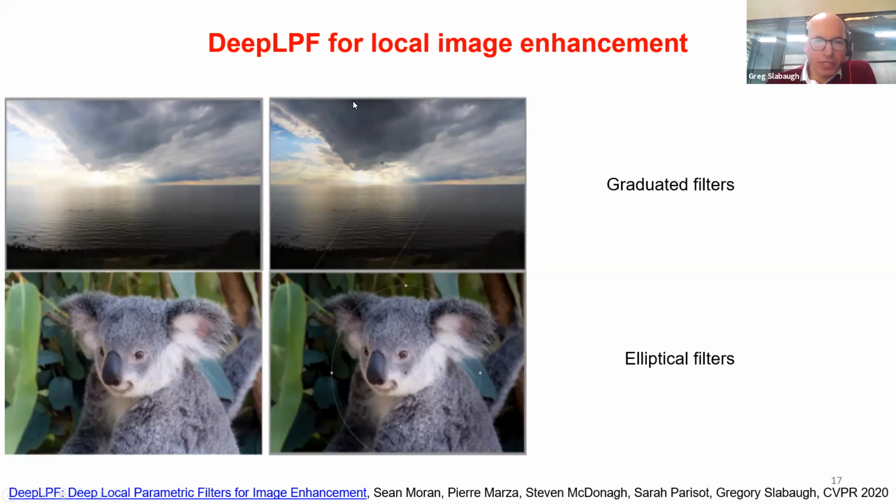You see one here. Hopefully you can see some lines on the right. So what you want to do is apply a spatially adaptive enhancement to the image, based on the lines and the orientation that are normally set manually by an artist. And below is an elliptical filter. Here you're basically drawing an ellipse on the image, and you want to maybe enhance what's in the ellipse differently than what's outside the ellipse. Again, this is typically done manually by an artist. But we were curious, can we do something similar using a convolutional neural network?